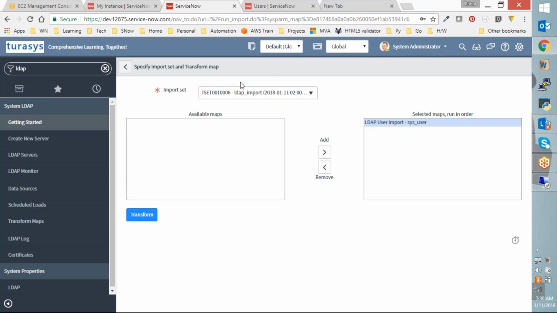So this is my import set 6, and this is my LDAP user import transformation map. So I'll go ahead and execute transform,